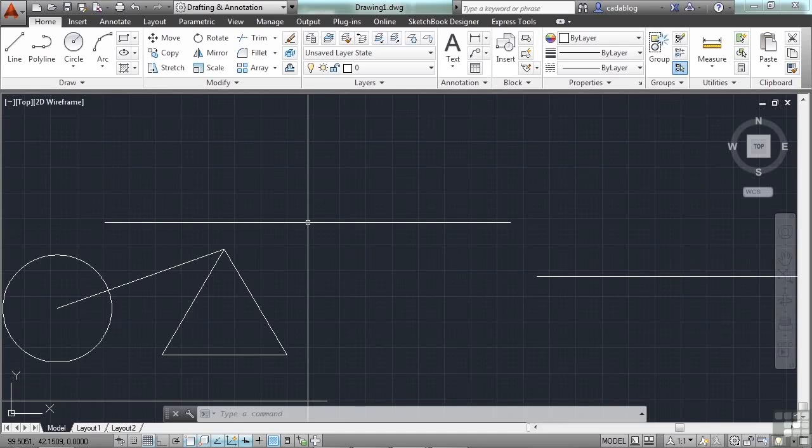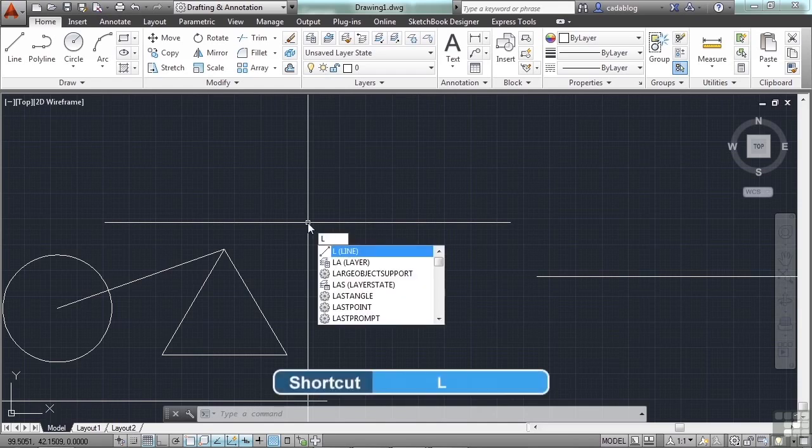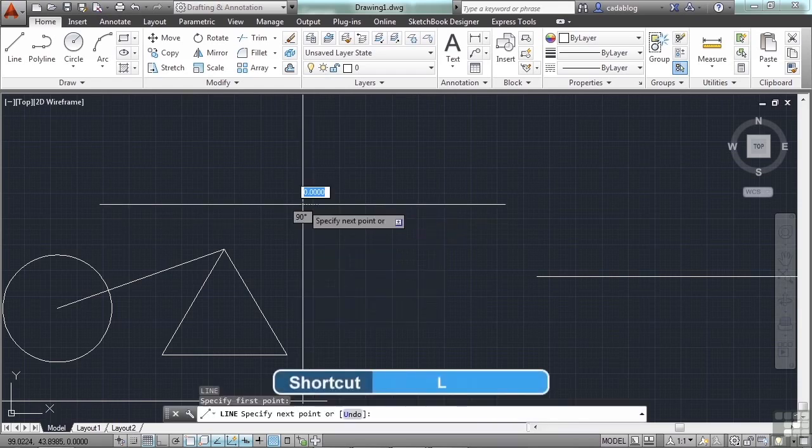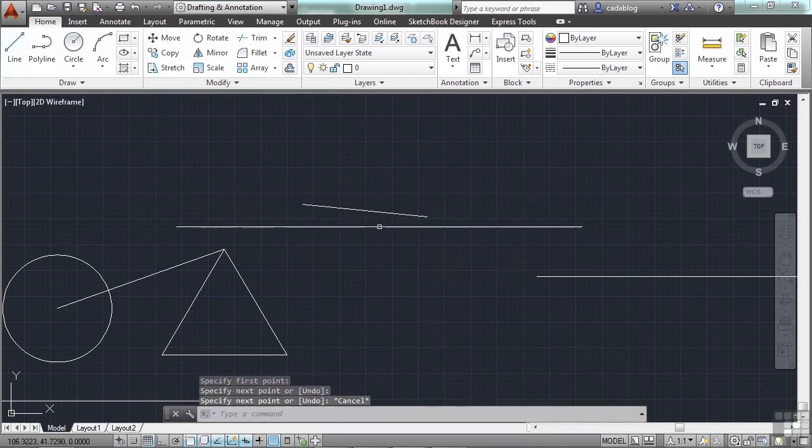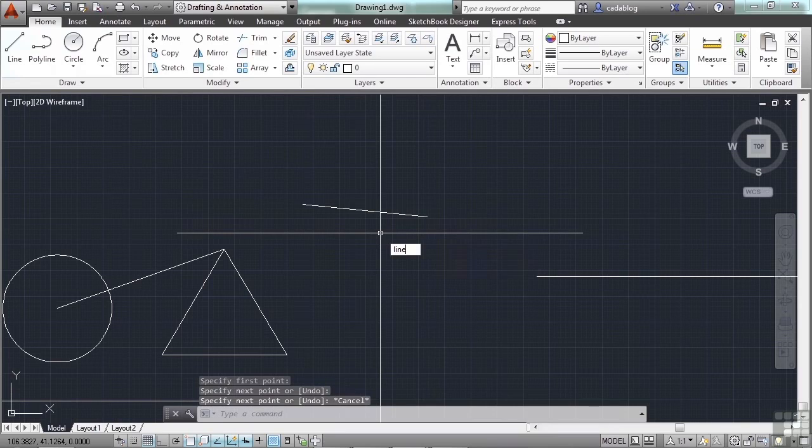And in an earlier video, though, we did talk about entering commands into the command line. We mentioned the fact that there are command aliases. These are typically 1 or 2 keystroke long entries, sometimes more, that you use to start a command, like L for the line command, instead of hunting for it on the ribbon, or instead of typing in the full word line, which honestly isn't